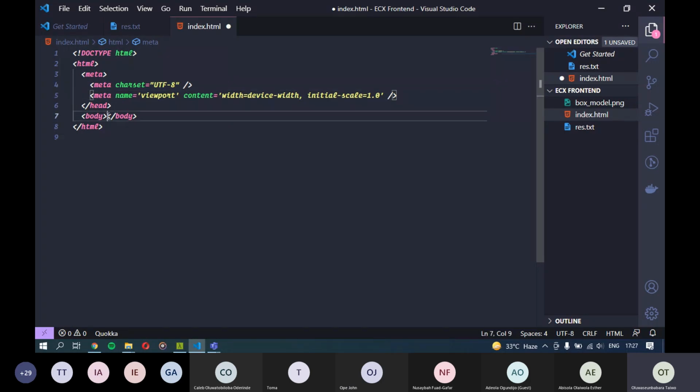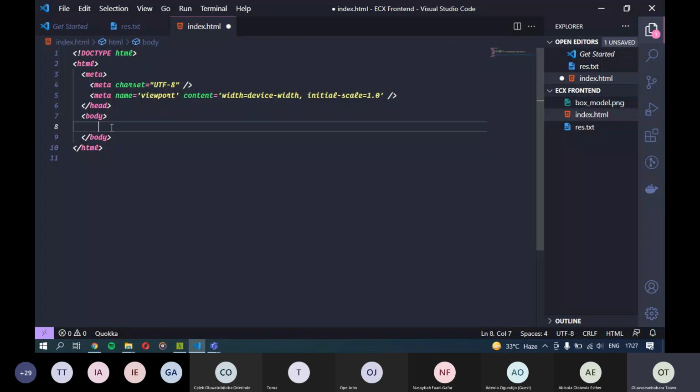Now we can get into the proper thing. So when you're dealing with HTML, now inside of the body is where we add the things that we want to see in the browser. Basically, anything you want to see in the browser, you add it inside of the body tag. Now, how do we start? So let's start with something as simple as text.